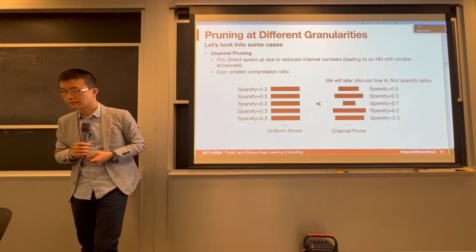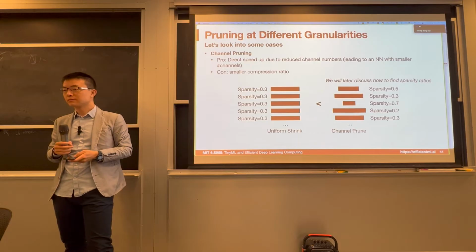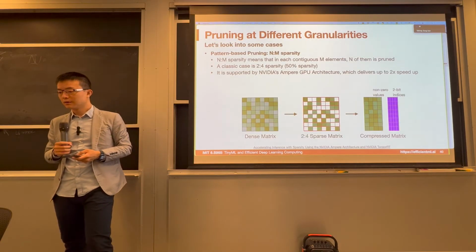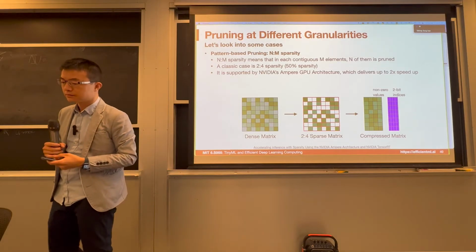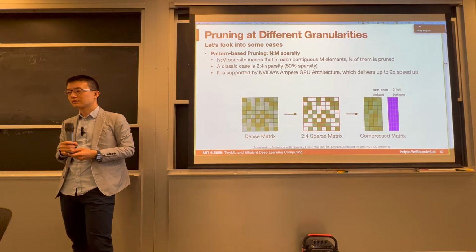I had a question about the 2 to 4 pattern-based sparsity methods. Those metrics appear to take advantage of the distribution of important neurons and important weights in this layer. Is there any way to guide training so that you have this relatively flat distribution of important neurons, instead of them all